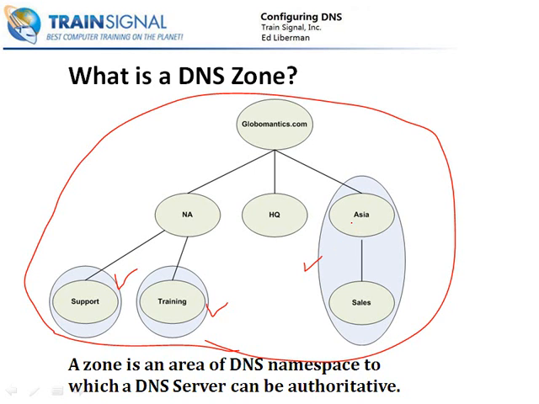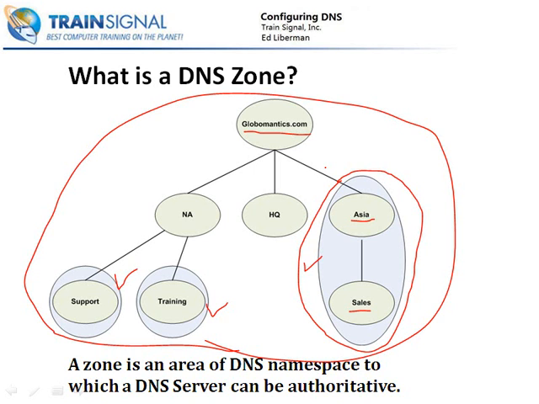But here, I've delegated out the asia.globalmantics.com zone. Okay, so I've made that its own zone so that there are separate DNS servers which will be authoritative for that namespace. You'll notice that this is kind of an elongated oval that I've highlighted here, which includes the sales.asia.globalmantics.com namespace. And the reason why is because by default, any server that is authoritative for a particular zone or a particular area of namespace is also going to be authoritative for any subdomains underneath,